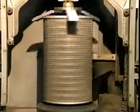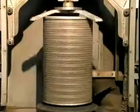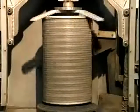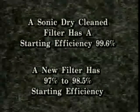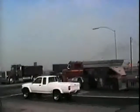Instead, it uses a computerized sequence of high-pressure air, vacuum, and vibration to extract the dirt from the filter while leaving the pre-coat behind. This feature of leaving the pre-coat in the filter allows the sonic process to attain a higher operating efficiency than a brand new filter. A sonically clean filter has a starting efficiency of 99.6% compared to some new filters that are 97 to 98.5%